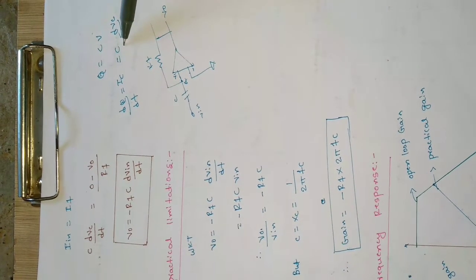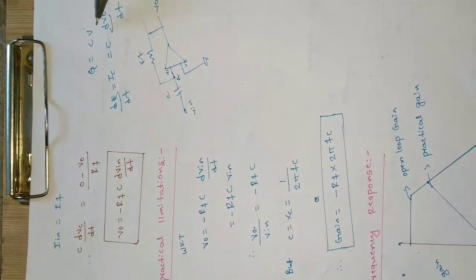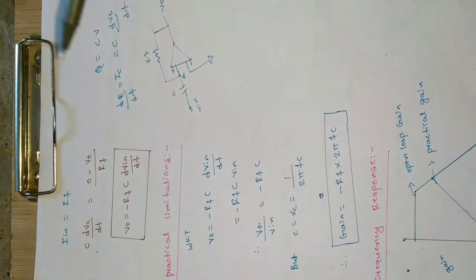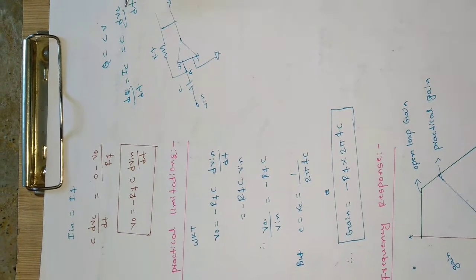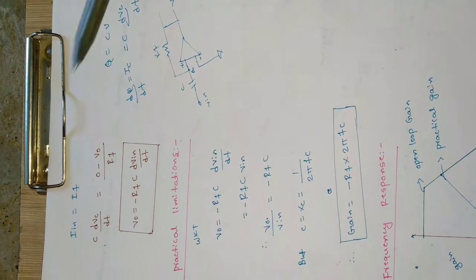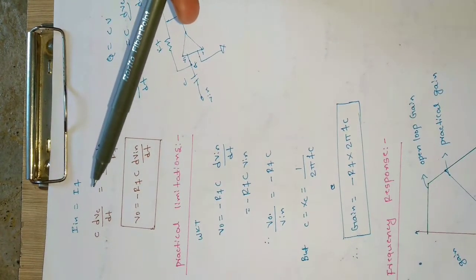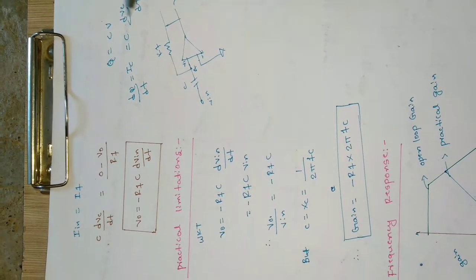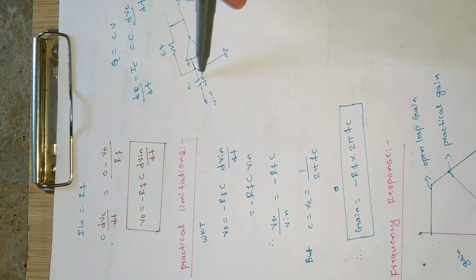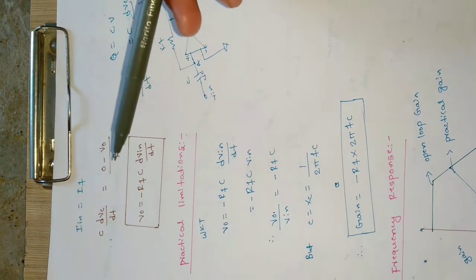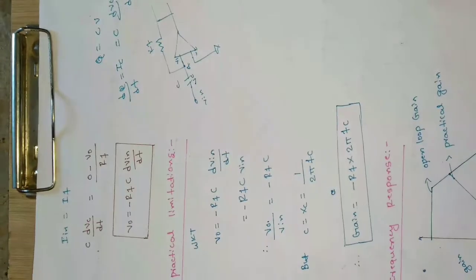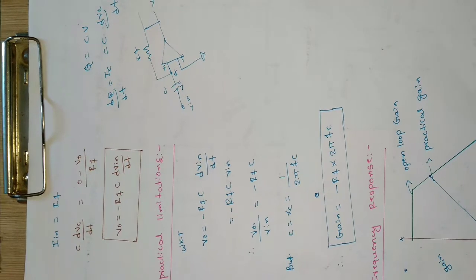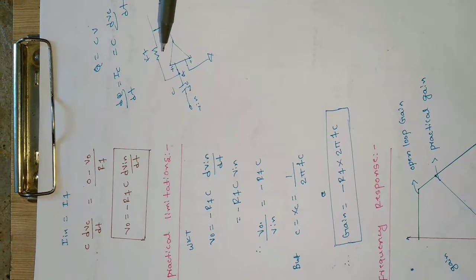It will be equal to C, because it is a constant, we take it outside, and then the differentiation of voltage V_C with respect to t. So I can write the input current I_in as C into dV_C by dt, where V_C is the voltage across the capacitor. So C into dV_C by dt will be equal to the current which is flowing in the feedback network, that is I_F.